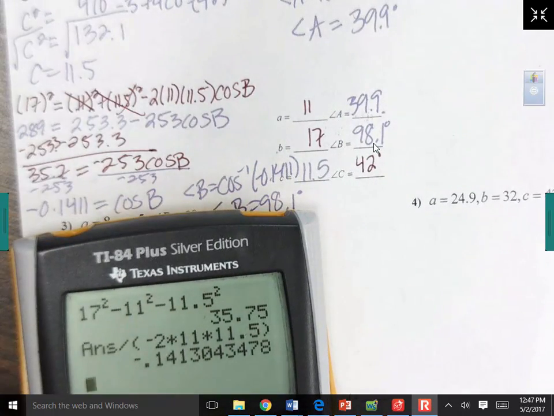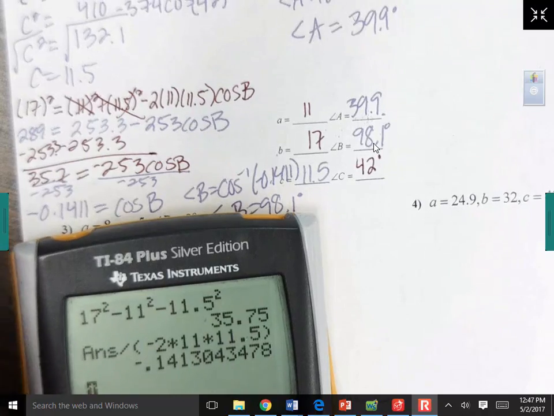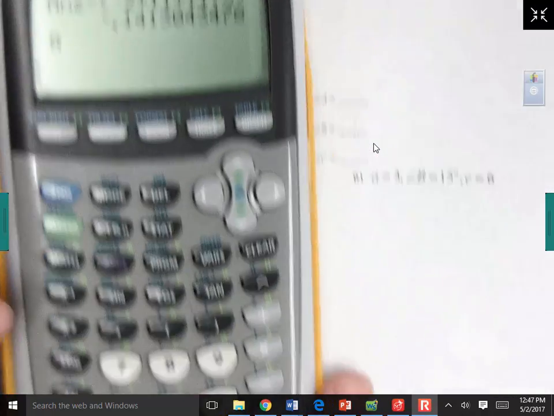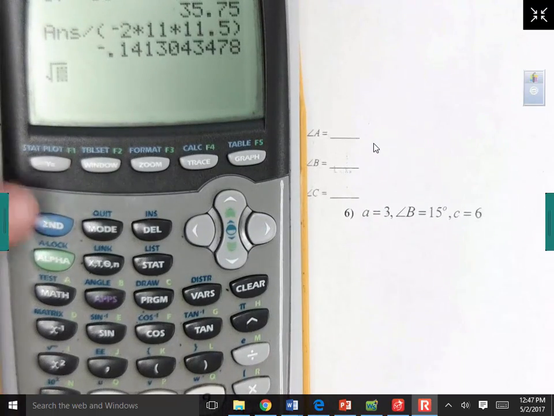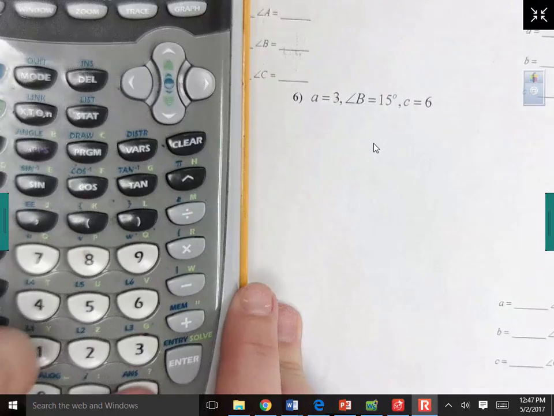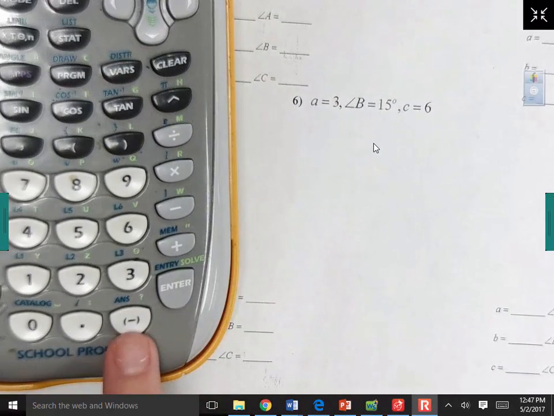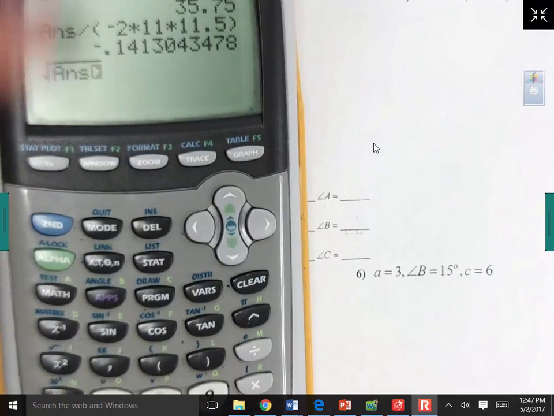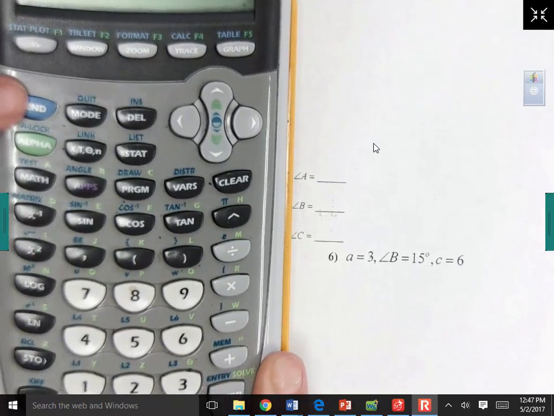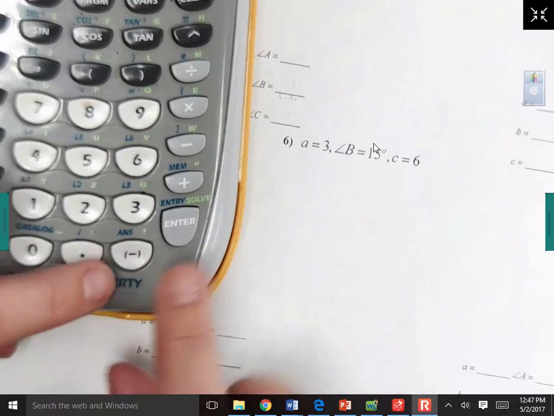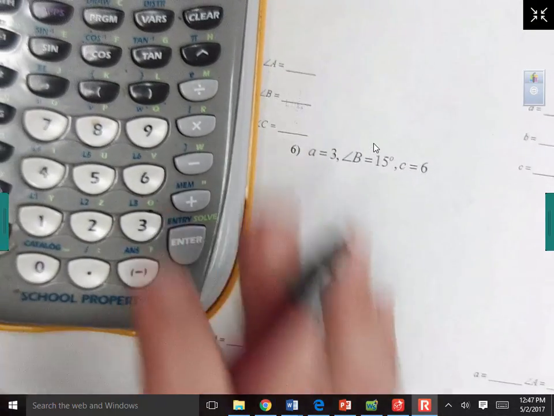And we can do this by pressing second. Okay, I'll show you the buttons. Second, x squared, and then press second, and press this negative sign down here to get your answer. Do y'all see that? Second, x squared, and then go back to the second and press your answer down here, this negative sign. And when you press enter,